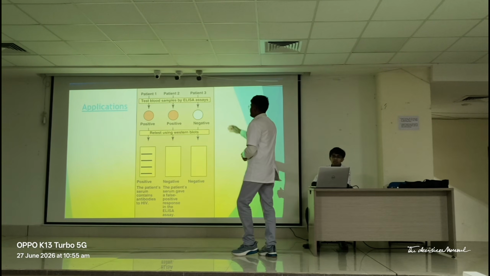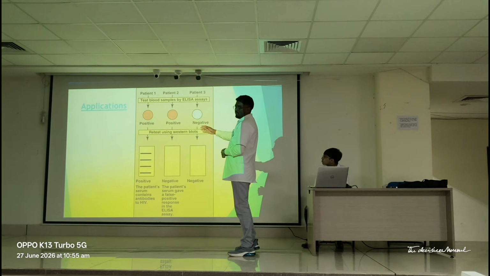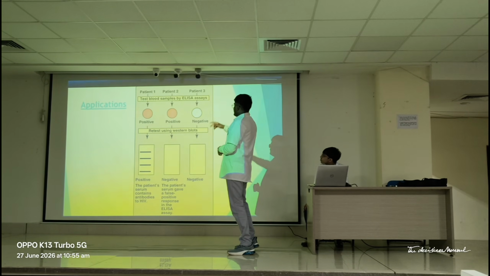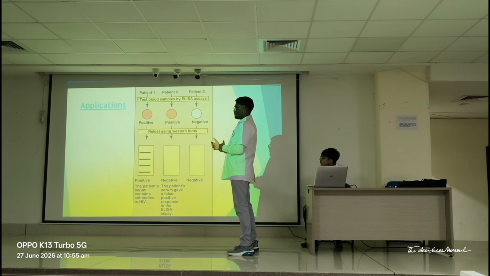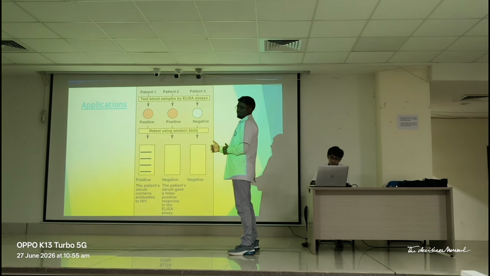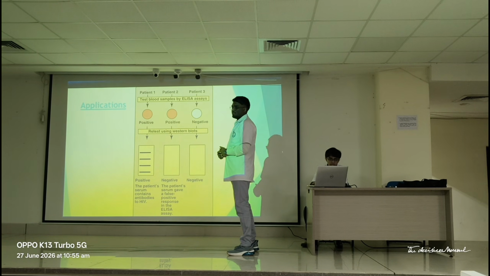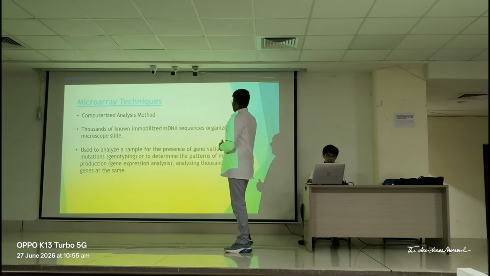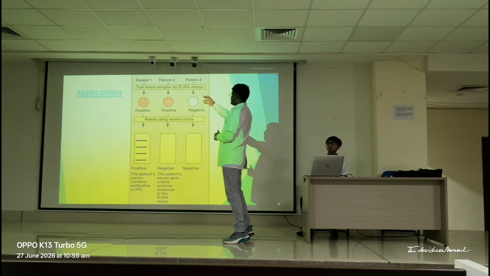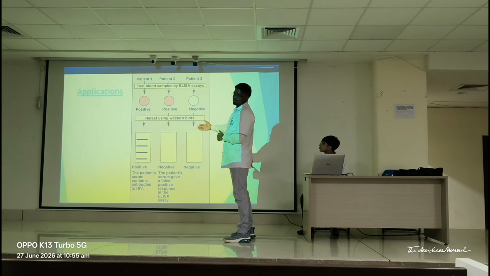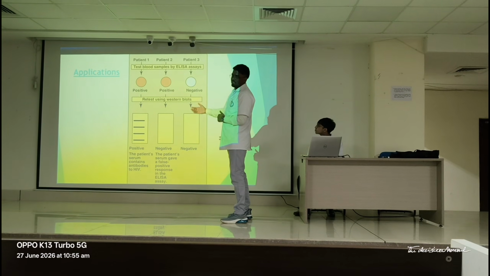So we have 3 patients before us. We have done ELISA on them, and 2 are positive and 1 is negative. We are doing Western blot in detail to confirm whether the patient really has HIV infection or not. The first patient has shown positive to ELISA and positive to Western blot also, so we know that the patient has HIV infection.